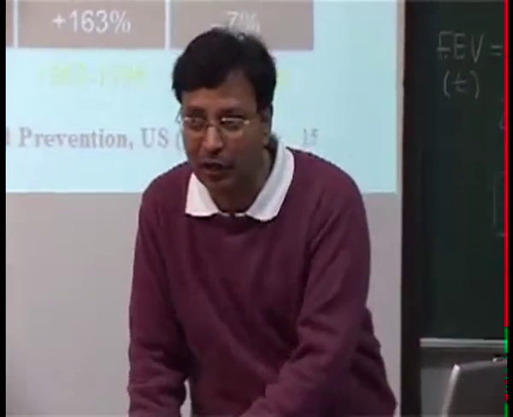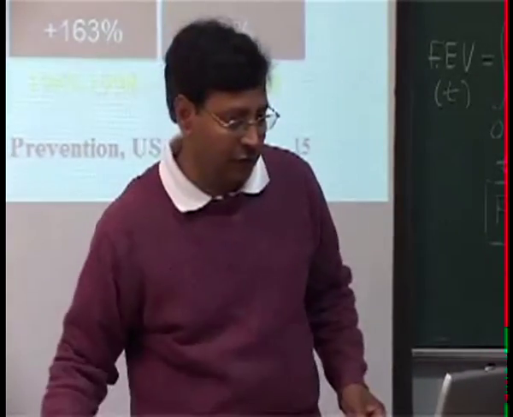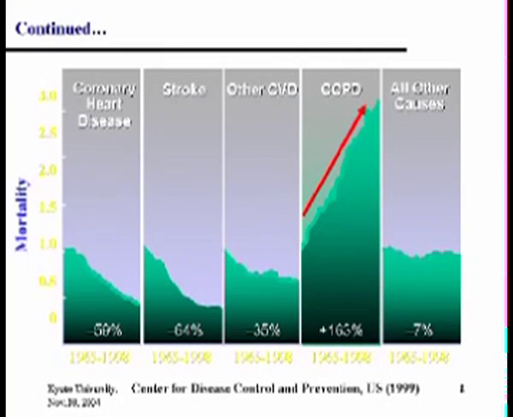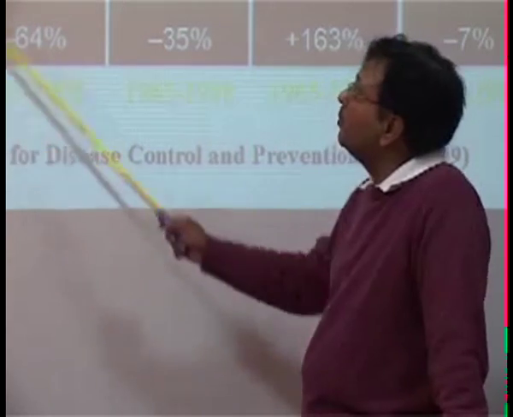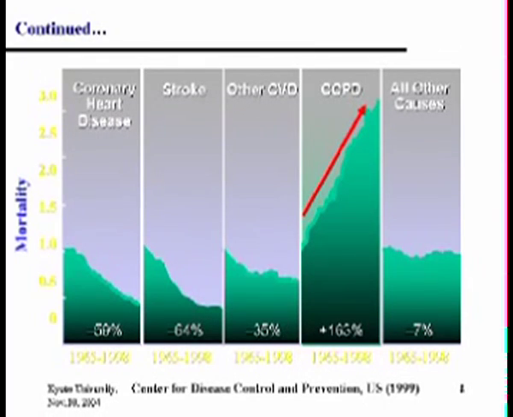Let me also show you this graph. That's very important. This is again taken from the Center for Disease Control and Prevention. This is adjusted values. See, for coronary heart diseases, this is data from 1999, and this is the period from 1965 to 1919. The way these studies have been done for this period. Many people die. I'm not saying that people don't die because of coronary heart disease, because generally the death rate or mortality is decreasing.